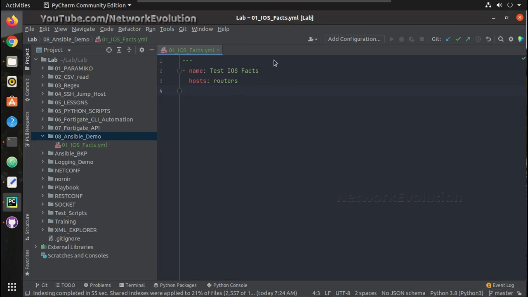So here inside this playbook, what we can do is connection, and it is like key value pair. So the name is a key, and after colon and space, whatever we are giving, that is a value. So that's how this YAML file works. Here you can see one hyphen. So a hyphen means it is like an array. It can have multiple values here, like with hyphen. I'll just show that. Now I'll give network CLI here.